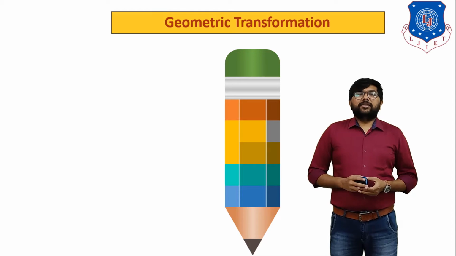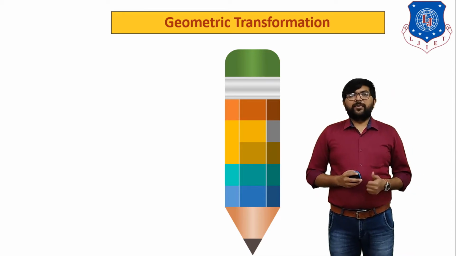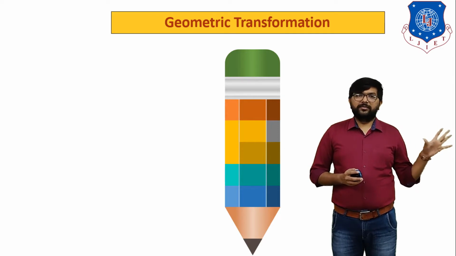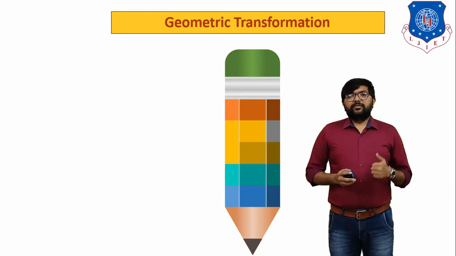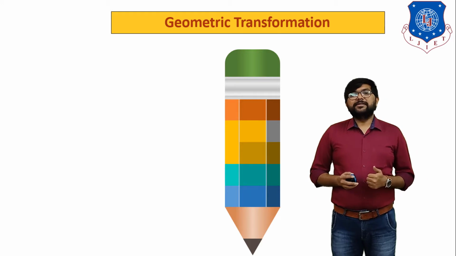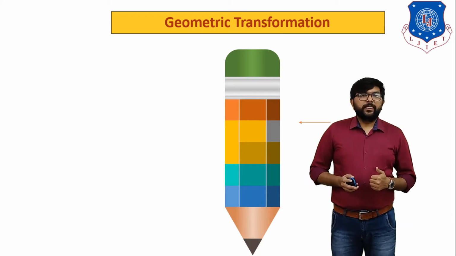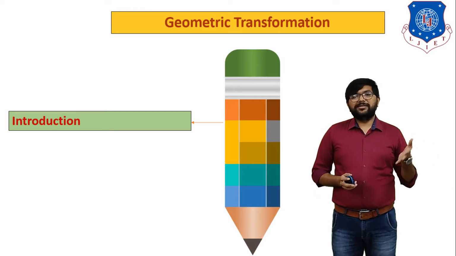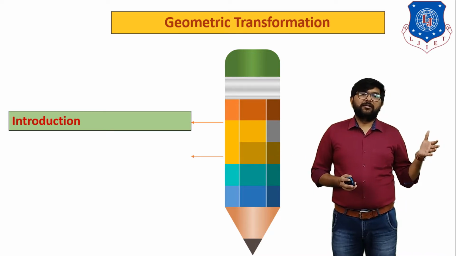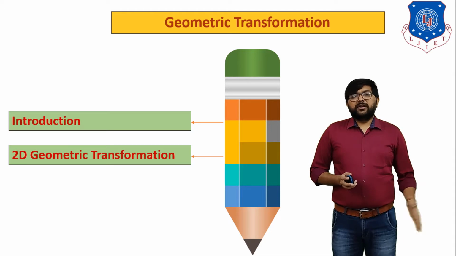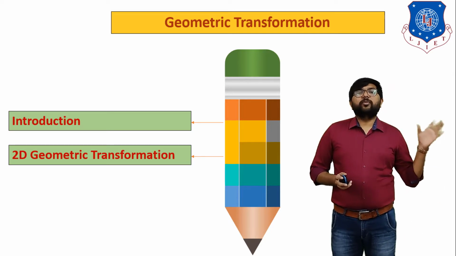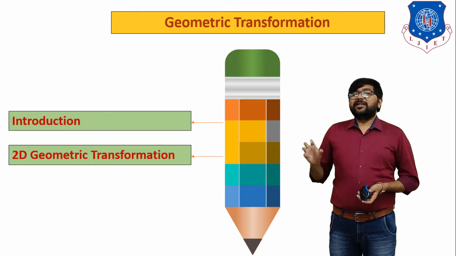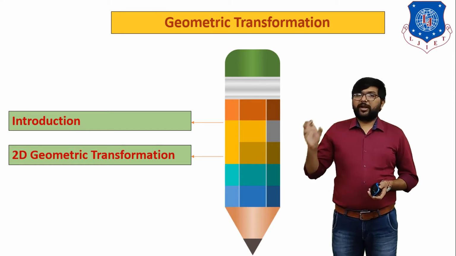So in the last session we discussed the first chapter of CAD, that is the introduction part, and some algorithms. In today's session we have to start one new chapter, that is geometric transformation. We have to cover two main topics. First, what is geometric transformation, and second, translation and 2D geometric transformation. Clear? So the first question that comes to your mind is, what is transformation or geometric transformation?